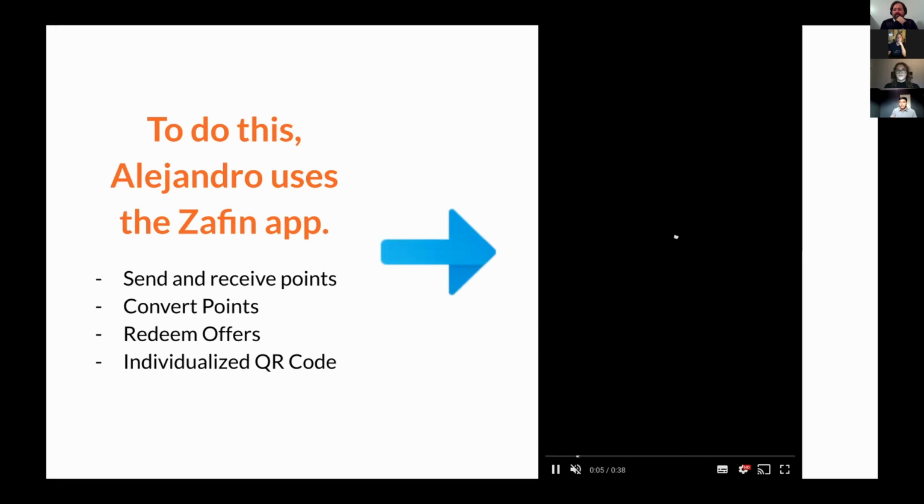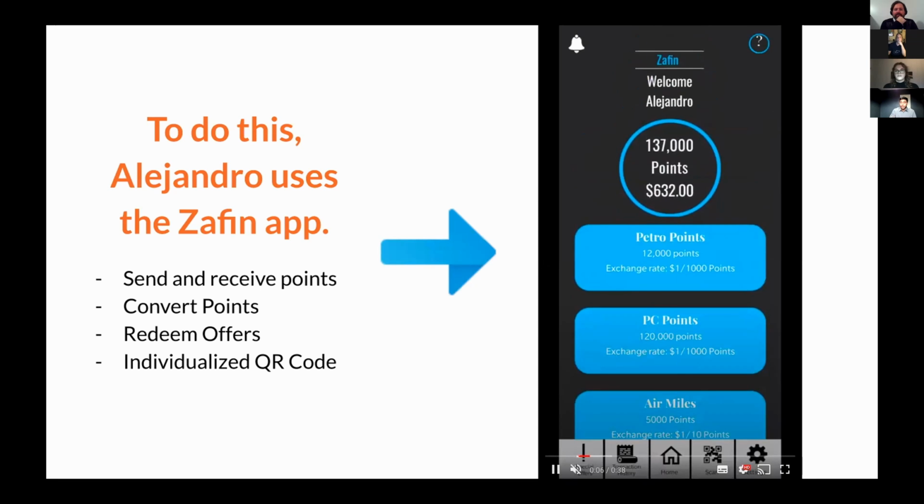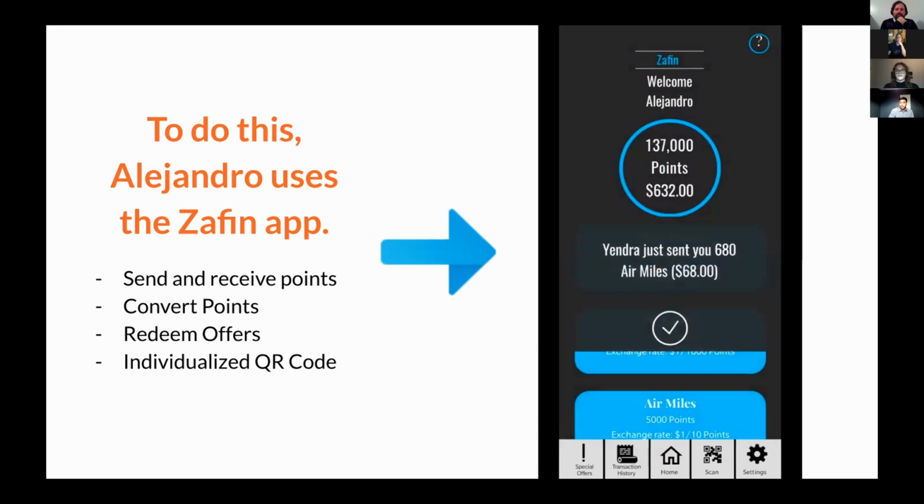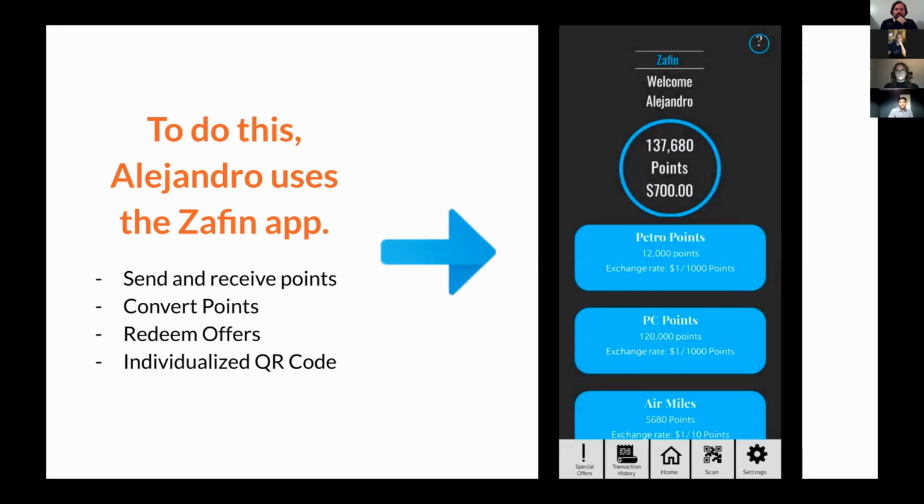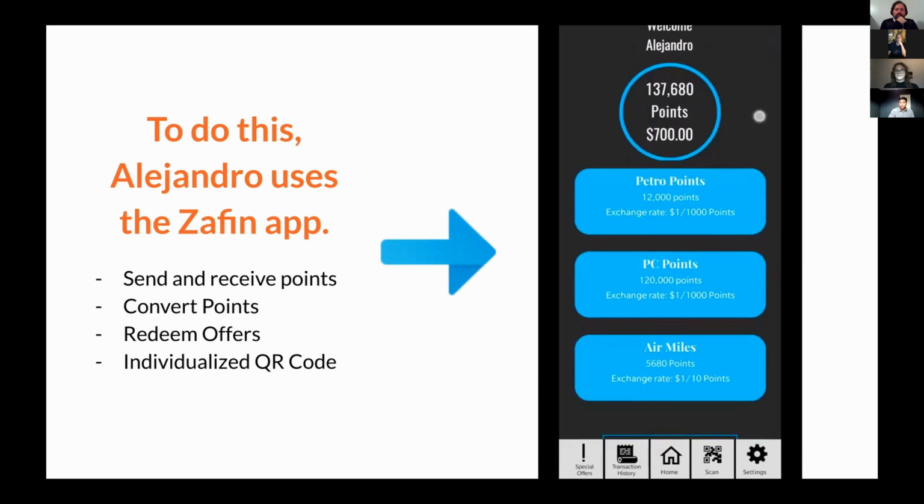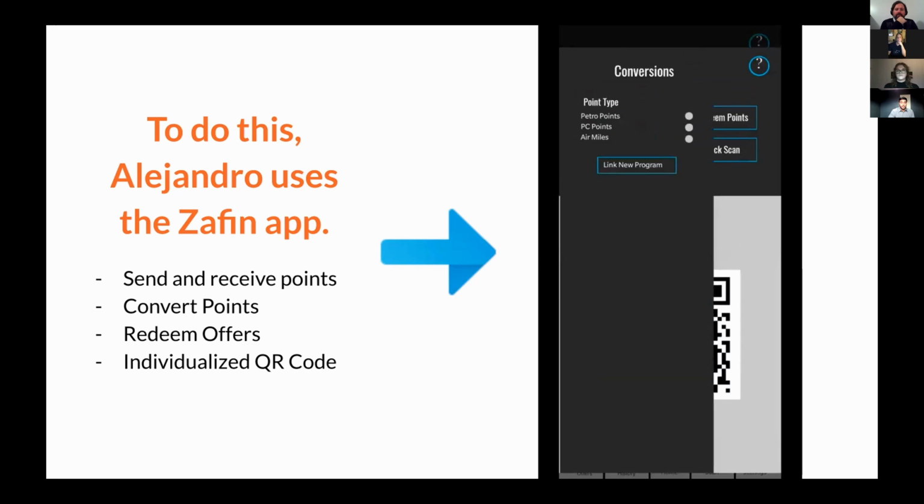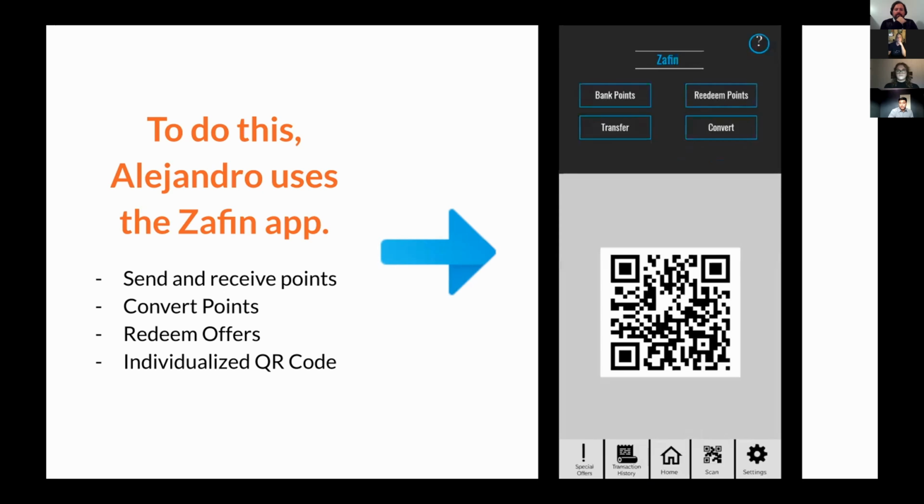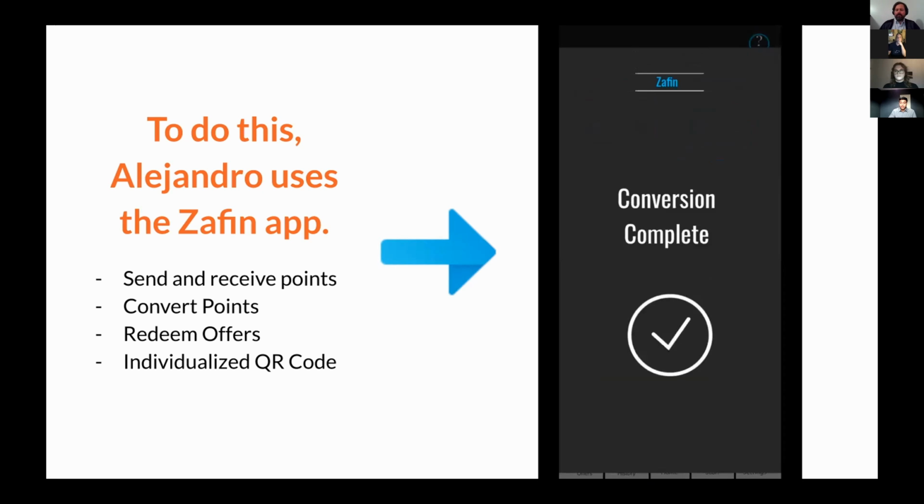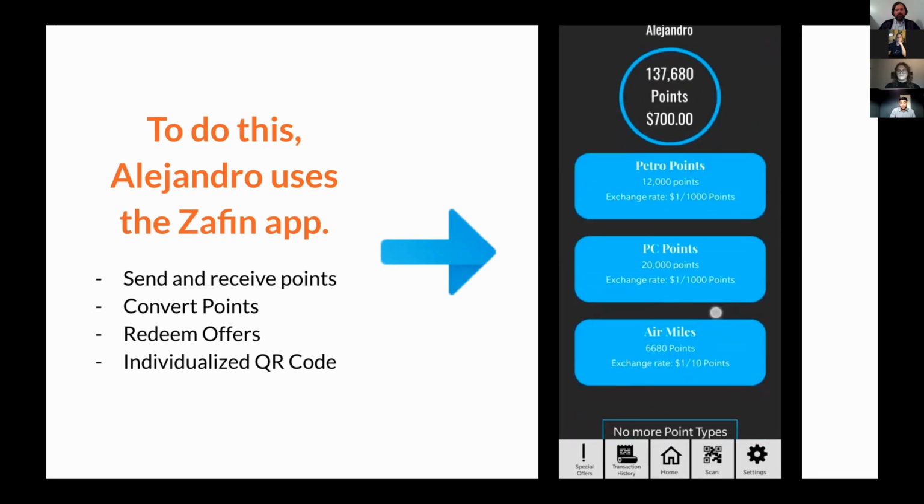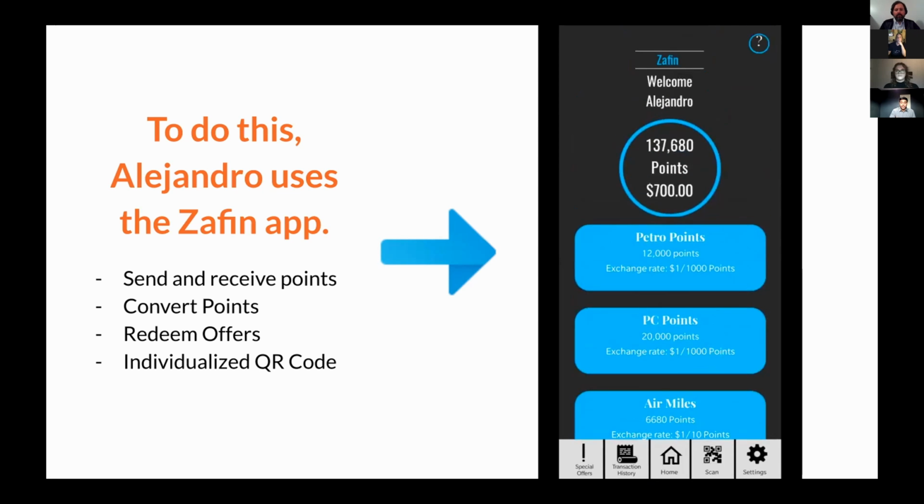So to do this, he's going to use the app. In the app, you can see his nice friend just sent him 680 air miles. So now he's only 1,000 air miles short. He's going to go to the convert points option, and he's going to convert 100,000 of his 120,000 PC points into however many air miles that may be. He's going to get a pop-up saying that the conversion is complete. And as you can see in the homepage, the dollar value of the points is the exact same. The only thing that's changed is the